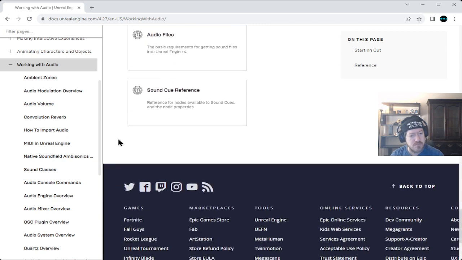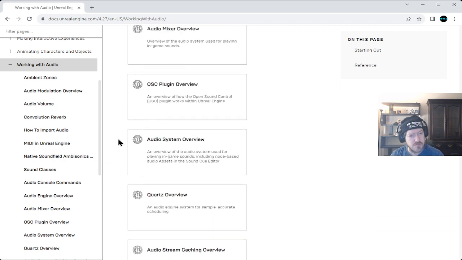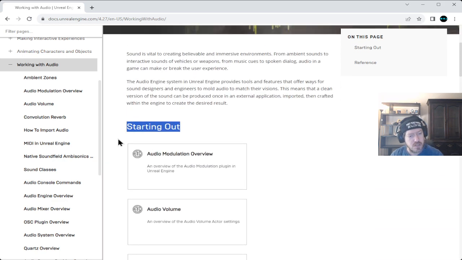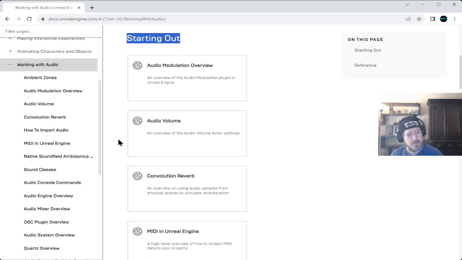That makes me feel we should stick with the left-hand side, because they didn't include that in this page. So shall we go with the ambient zones and go from there? Yeah. Okay.